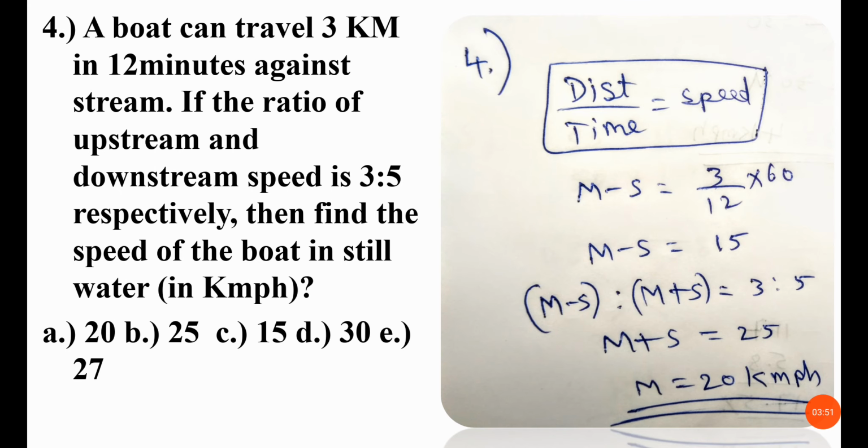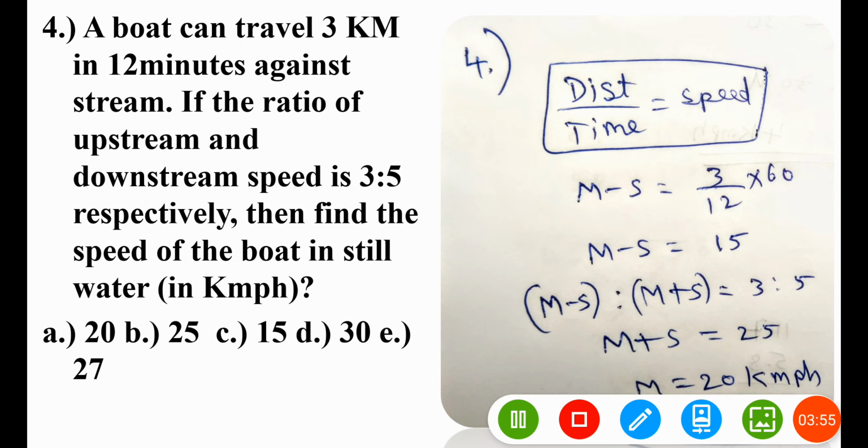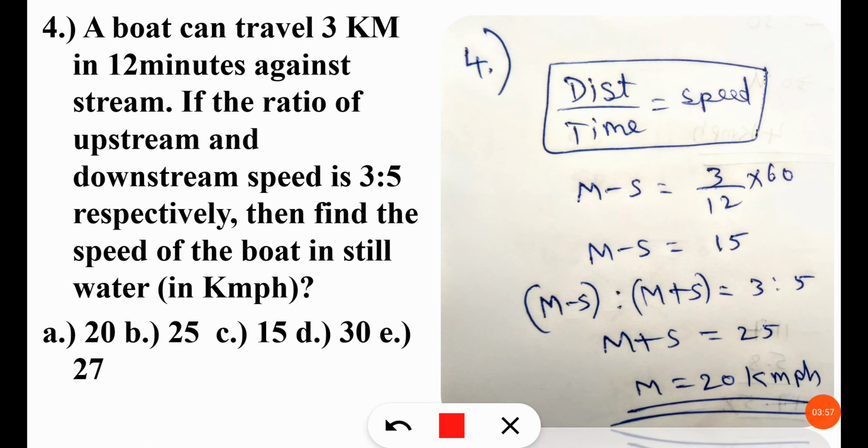Moving to the fourth question. A boat can travel 3 km in 12 minutes against stream. Against stream means upstream. If the ratio of upstream and downstream speed is 3:5 respectively, then find the speed of the boat in still water. It was given that